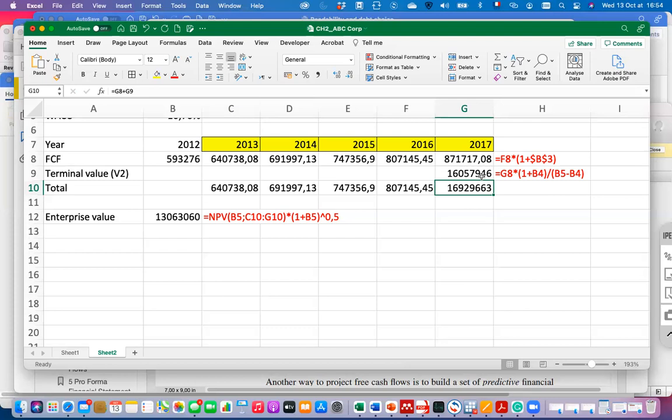Now, how to find the equity value? Now we just need to know the common share. Remember, for the ABC Corporation, we already know the number of shares. We already know because we have transformed the balance sheet. We already know the cash and the total financial debt. We did all of this in the last lecture. And we know that just